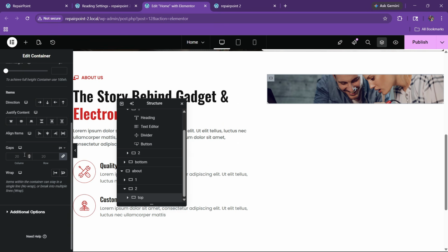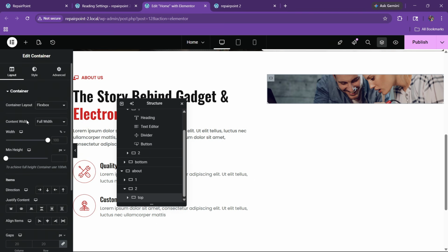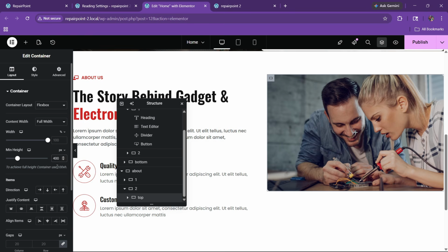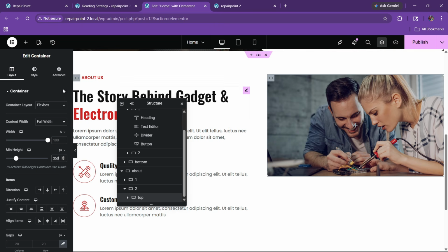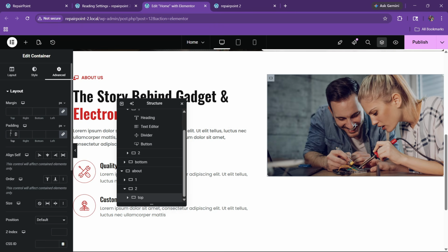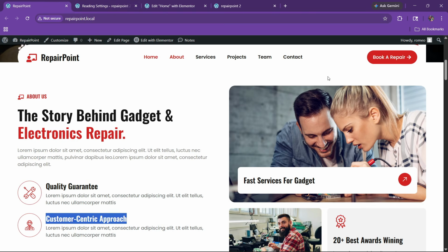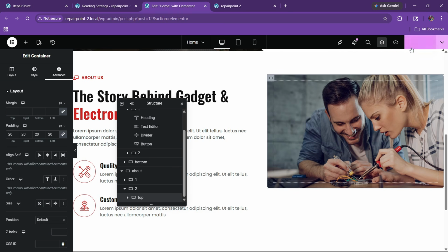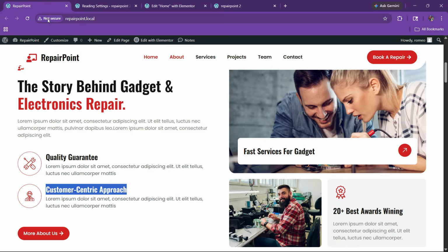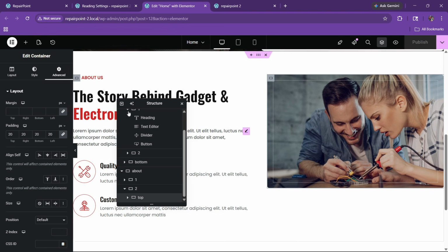Border would be 10, and here also you can see, here we can add 400, so this would be 350. Here also we can add the 20. Now let's save this first. So now you can see we have this, so what we can do, we can just add a new